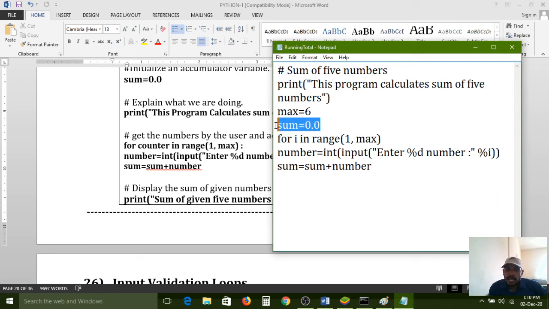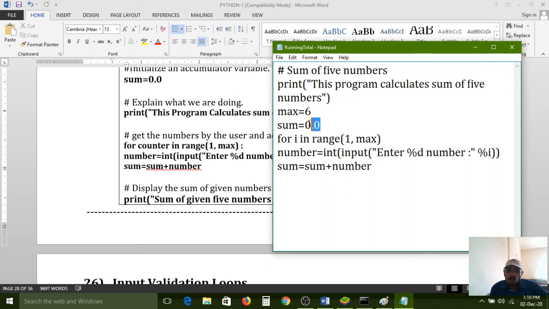If you do not initialize any value, it can represent a garbage value, some bigger value, or else a wrong number. Understand? Compulsorily, at running total time, the sum variable needs to be initialized. Otherwise it will represent wrong values.